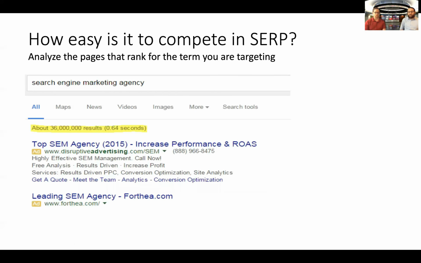Now, the second aspect of keywords, like we spoke about, is competition. So how do we determine competition? What does it mean, competitiveness? Isn't that the number of sites that are up? No, it's not. I'm kidding. I know this. But a lot of people are tricked into thinking like, wow, look at this search engine marketing agency. There's 36 million pages with search engine. How do you compete, Danny? 36 million pages. That's not the way we do